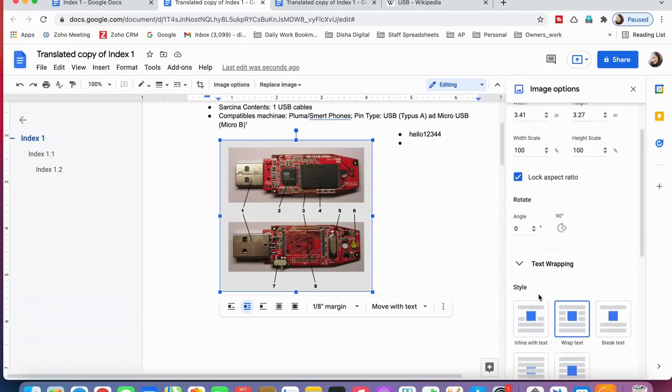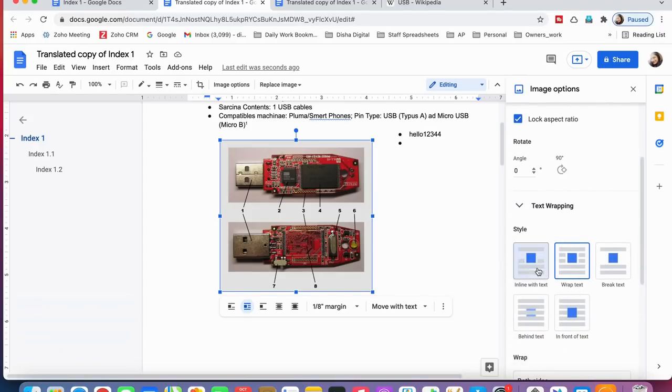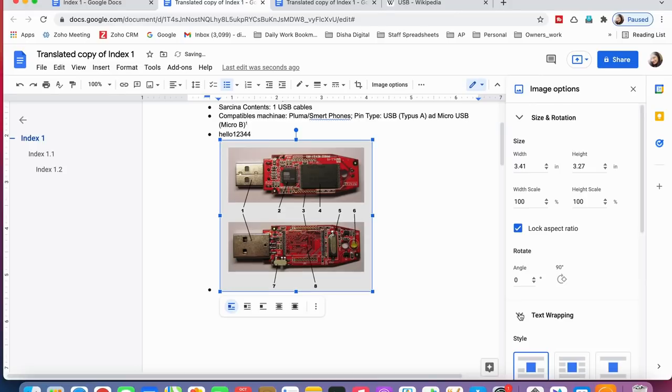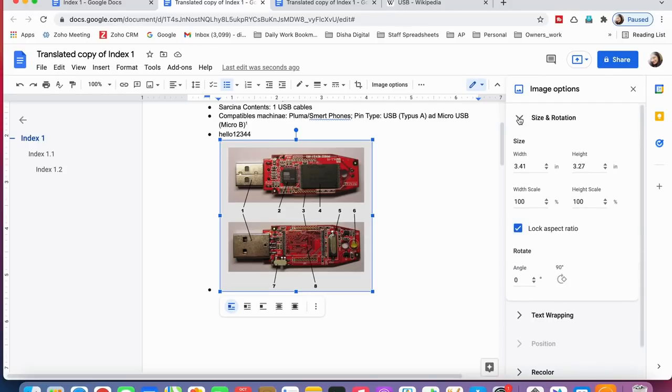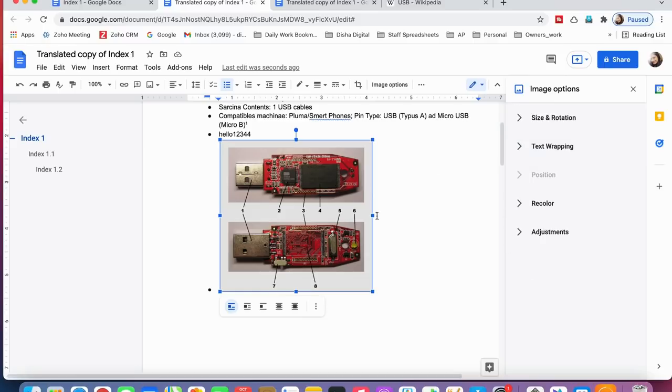Text wrapping is an option, like wrap text, inline with text. You can break text, behind text, means the text will be behind the image, in front of text. Many more options are here, so I recommend you check this and explore these things from your end.